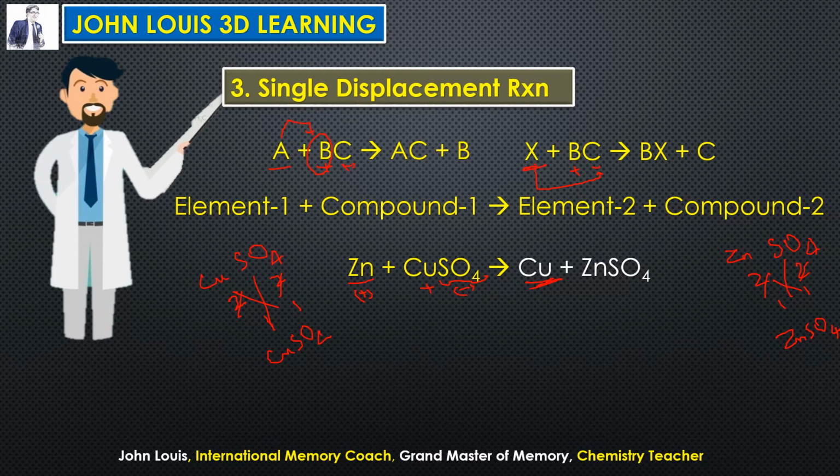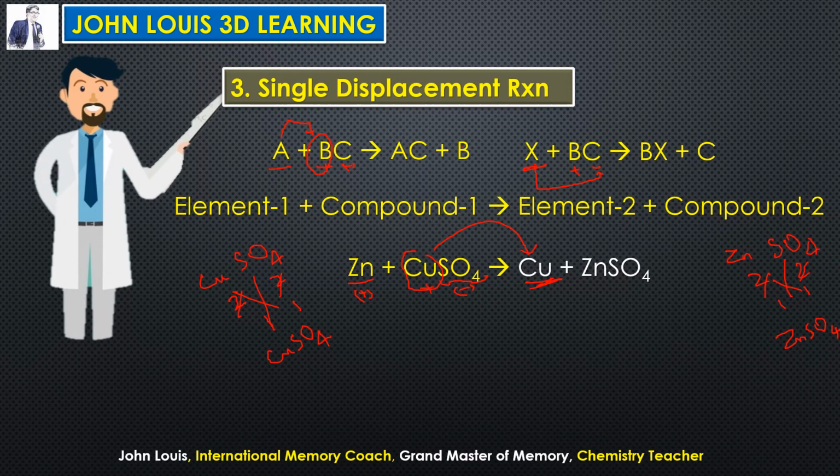See, all these things you should be very thorough with: symbols, valencies, the charges of the ions, which we have learnt in the previous chapter, language of chemistry. Unless you know this, you will be struggling throughout learning chemistry. So master these symbols, valencies and charges, everything. Then chemistry becomes very, very easy. So here zinc is a positive element, therefore it displaces the positive ion, copper, from the compound, and copper comes out, and zinc takes its place and combines with sulfate, and you can get the formula by applying the 4 steps rule.